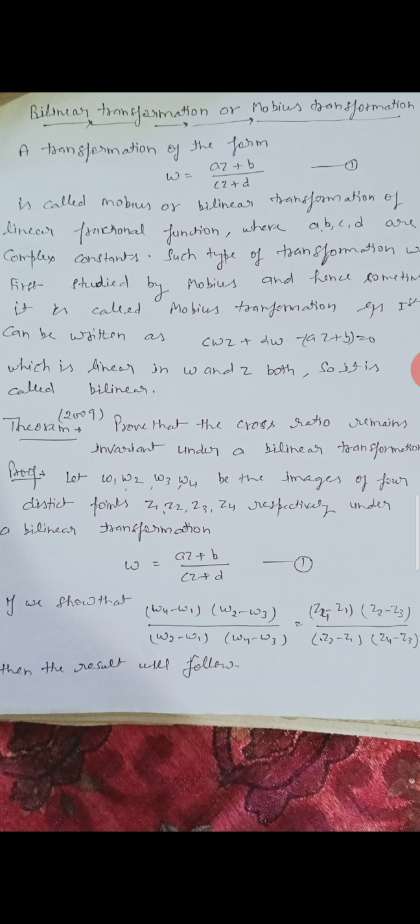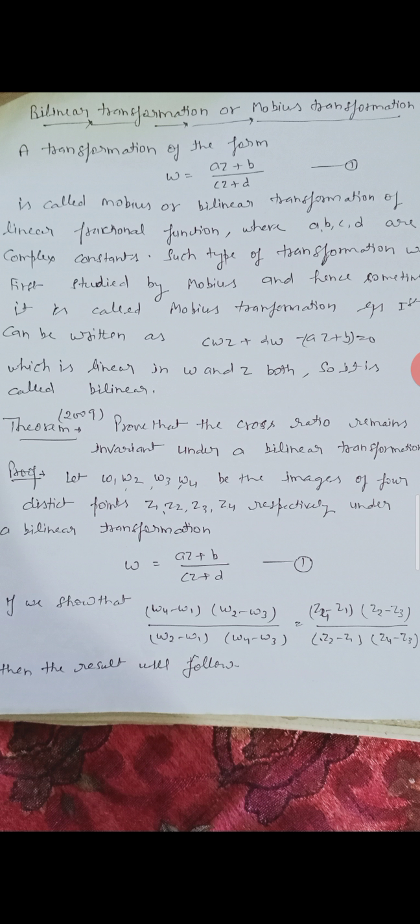Today I will discuss the bilinear transformation or Mobius transformation. A transformation of the form W is equal to (AZ plus B) upon (CZ plus D) is called the Mobius or bilinear transformation or linear fractional function, where A, B, C, D are complex constants. Such a transformation was first studied by Mobius and hence sometimes it is also known as the Mobius transformation